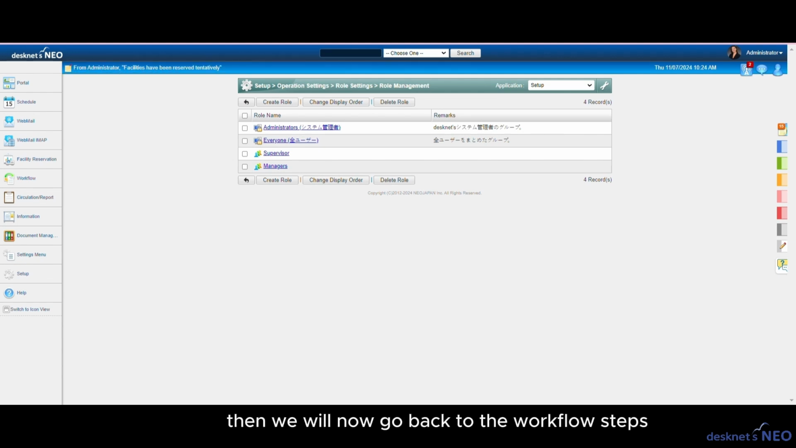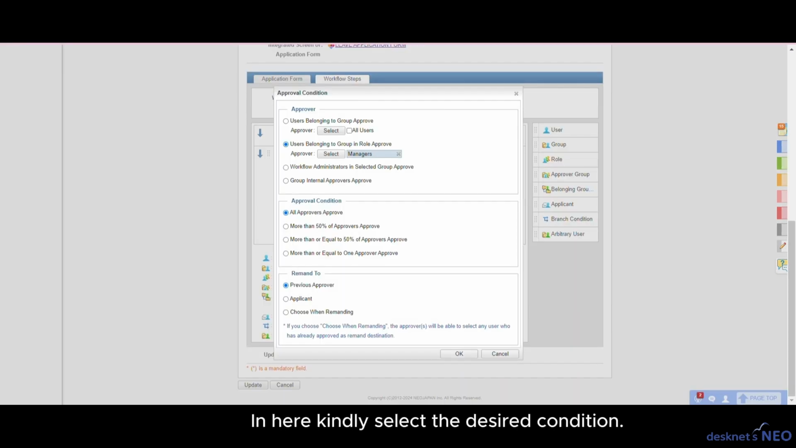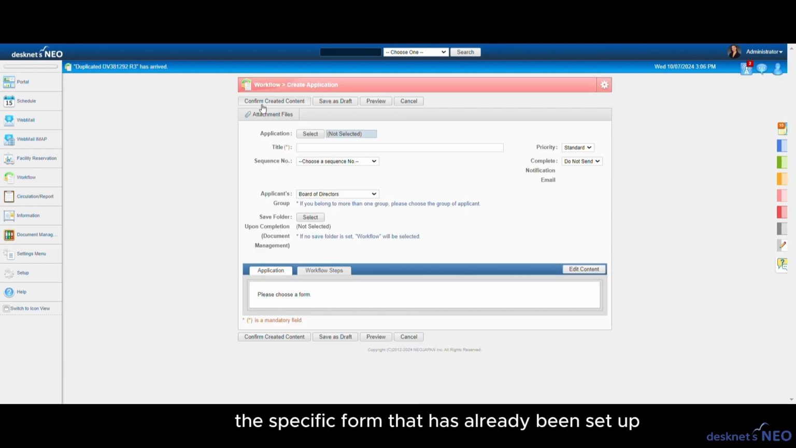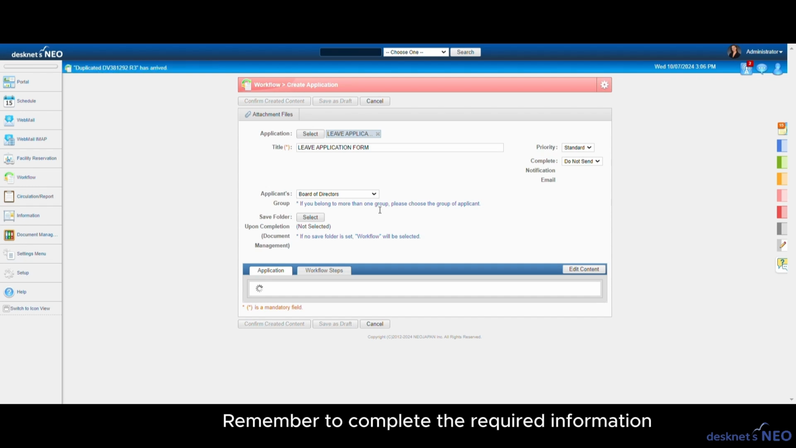Then we will now go back to the workflow steps. In here, kindly select the desired condition. Now let's try it out in my environment. Go to the dashboard, click on the workflow, create the application, and then locate the specific form that has already been set up. Remember to complete the required information